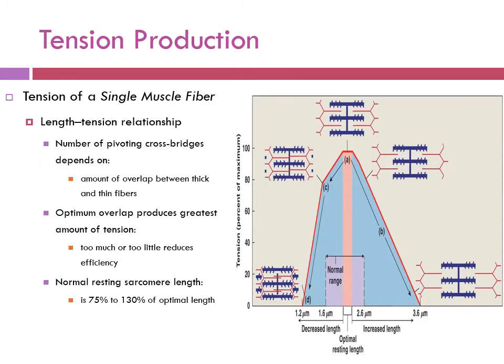So in a single muscle fiber, the number of cross bridges depends on how much overlap there is between thick and thin filaments. I want you to use your arms and consider that your arms are down at your sides. Somebody puts a 50-pound weight in your hand and asks you to do a bicep curl and pull it up to your shoulder. When your arm is fully straightened out,